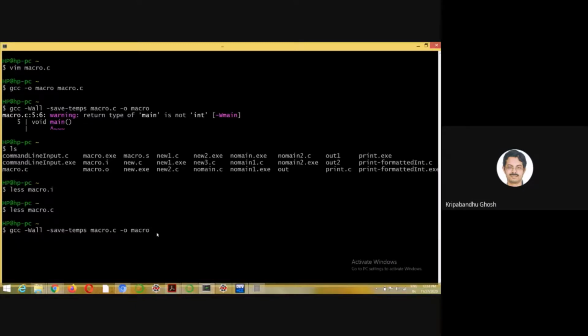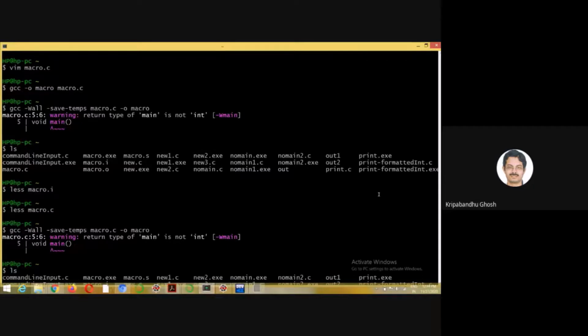So I am running this, basically compiling this. It gives a warning that there is no int. That is a warning, but it has generated a lot of files. Sorry, it has gone out of the screen.